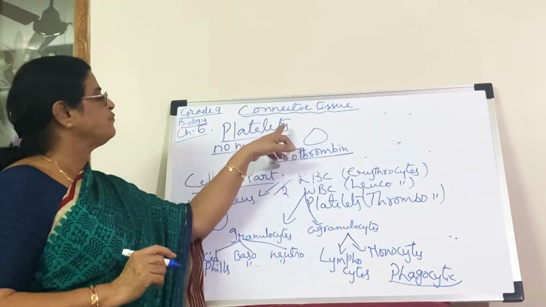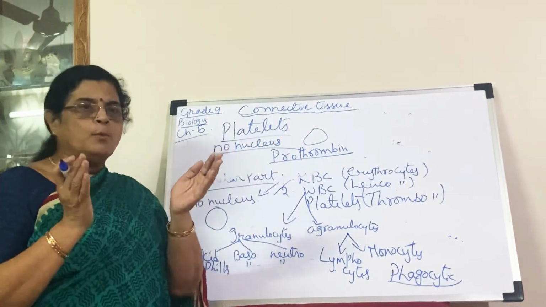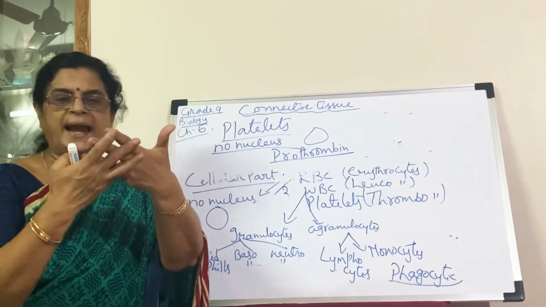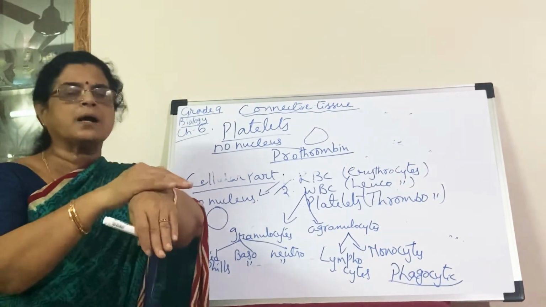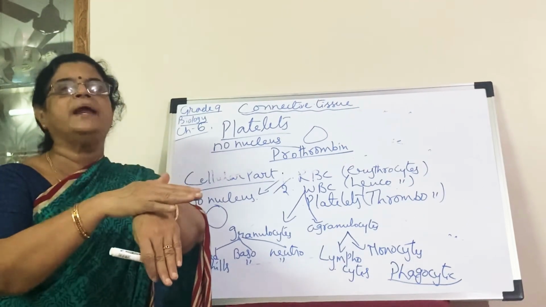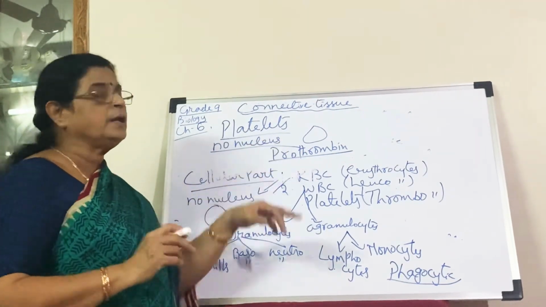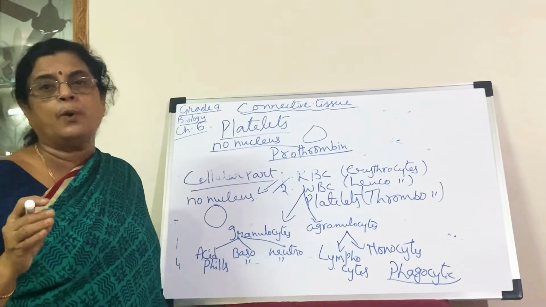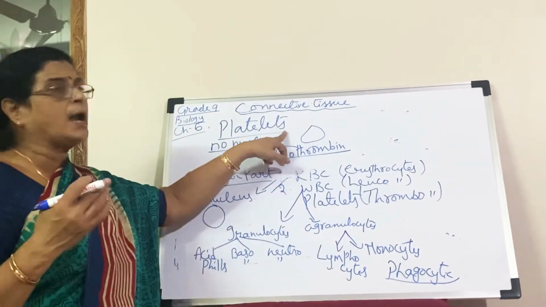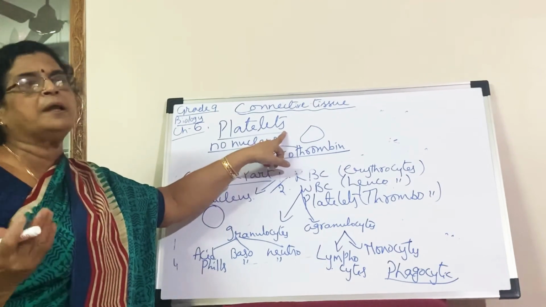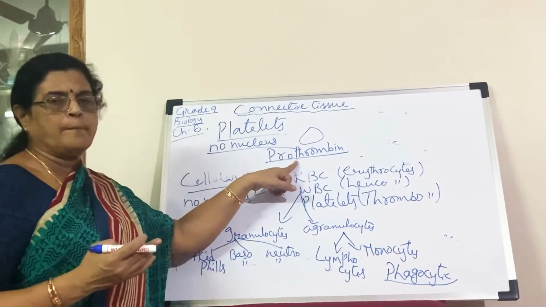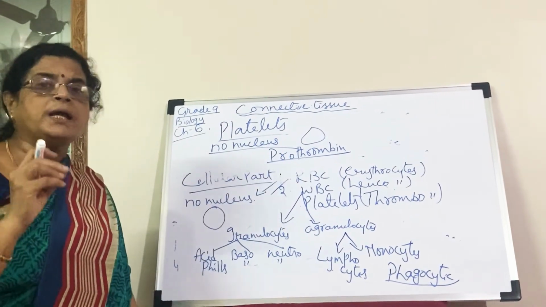So what is the main function of this platelet? They will be moving to the site of the injury and making a network like structure and covering the cut or injury and making the blood clot. Very important. If platelets are less in the body, people may sometimes lose a large quantity of blood, and sometimes it may lead to the death of the people also. Platelets contain prothrombin, which helps for clotting of the blood.